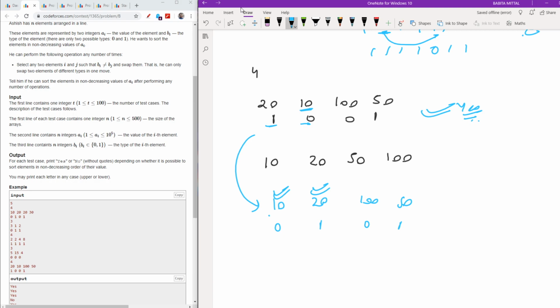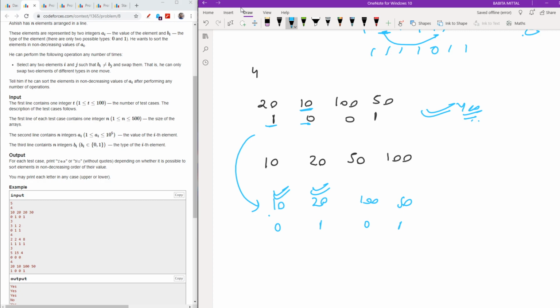Now you will say, "Okay Aryan, but what if it was 1 and I needed, and now I can't swap it basically." So I will say no, sorry, you will be able to swap it. Now how will you be able to swap it?